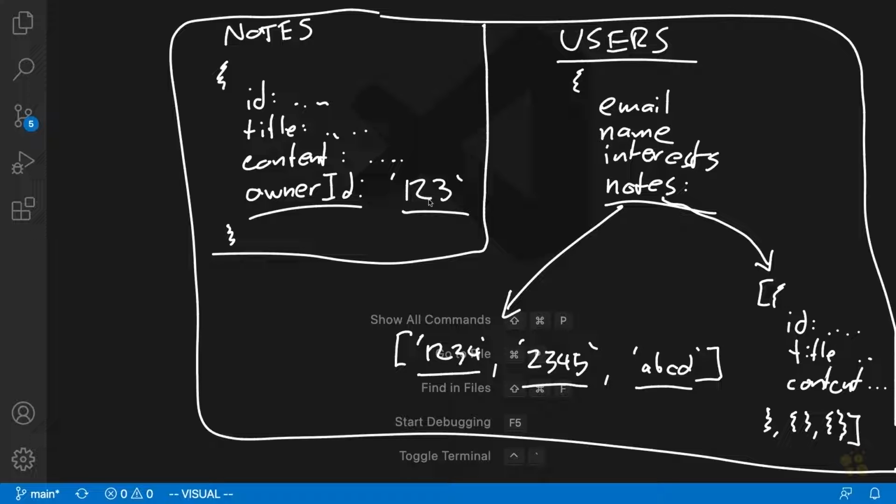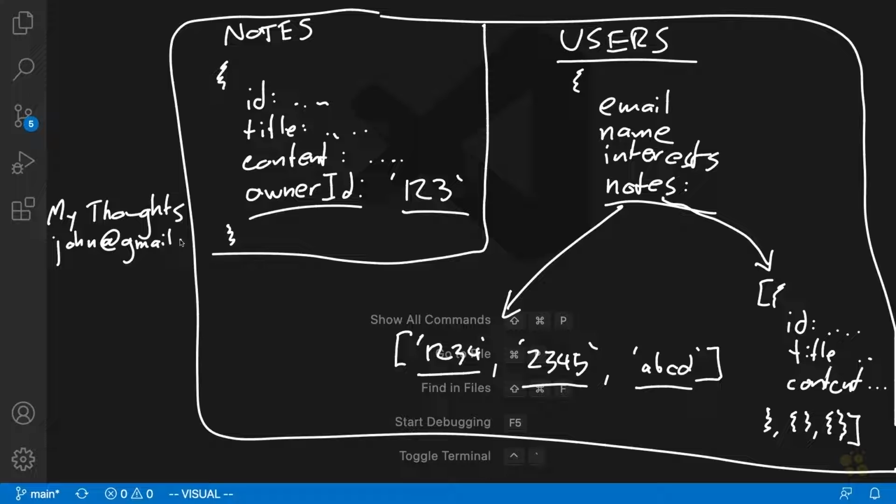Let's say that in our application, a few weeks or maybe a few months in the future, we end up wanting to display the name of the user, or maybe the email of the user that owns a note, underneath the title of the note. So if a note was something like "my thoughts," underneath that we would end up displaying john@gmail.com